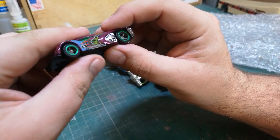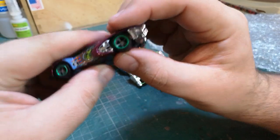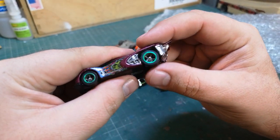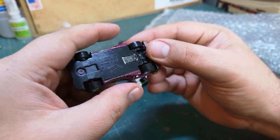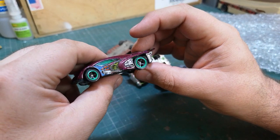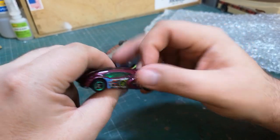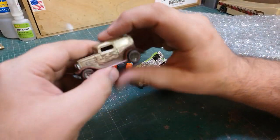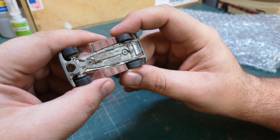Very nice. I like those wheels. They're different to your usual Hot Wheels wheels. I wonder if you can see them. I'm sure they're metal. Anyway, I should not take it apart for my own needs. My children would love to play with this one. Oh, look at that. That's lovely. Covered in mud, but this is a Hot Wheels